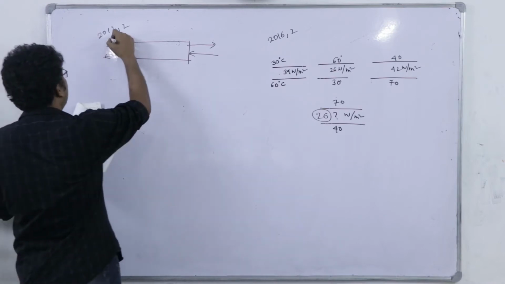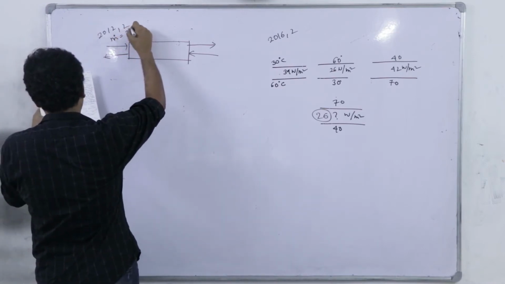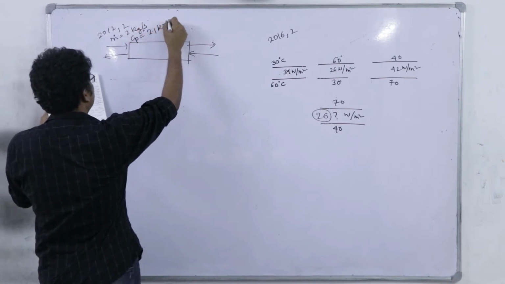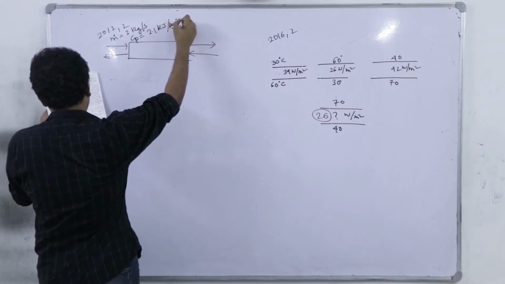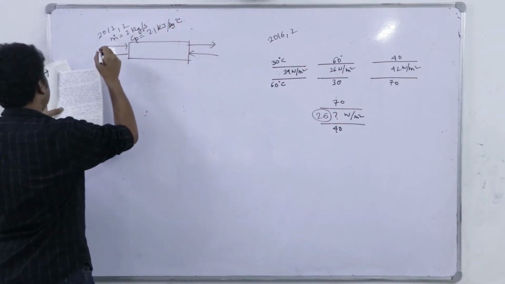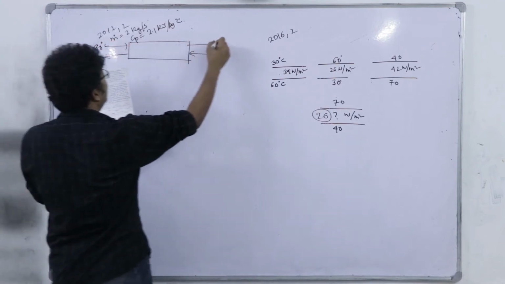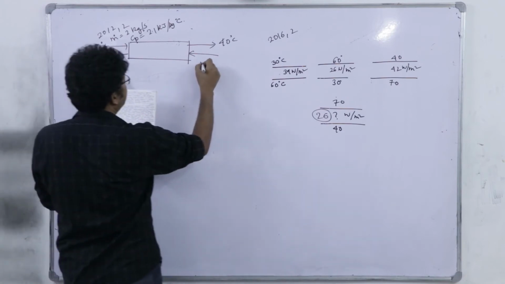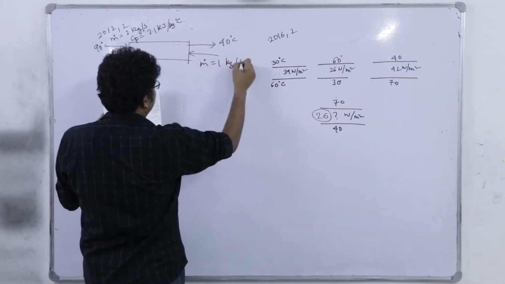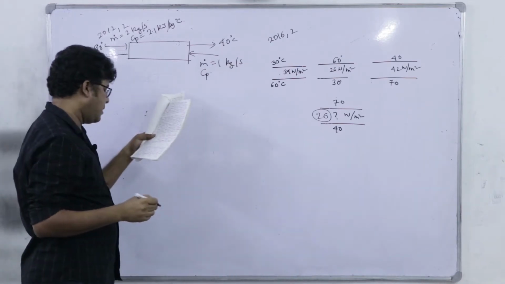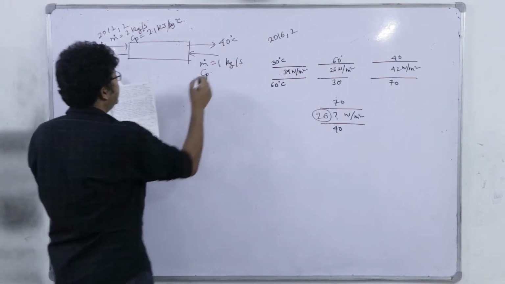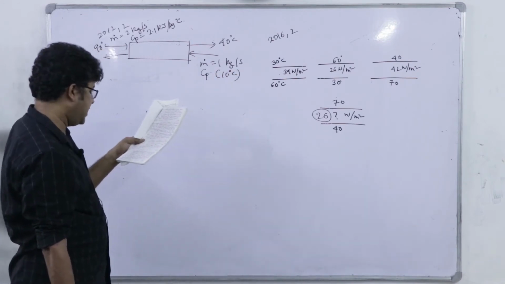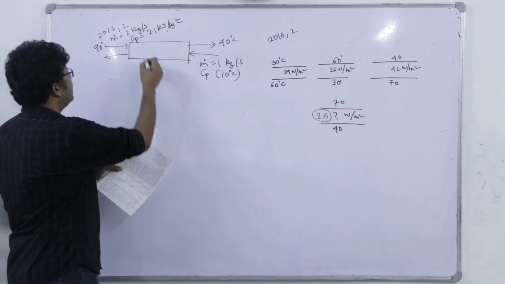Oil, with mass flow rate given as 2 kg per second and Cp 2.1 kilojoule per kg Kelvin, or kg degree Celsius, is cooled from 90 degree Celsius to 40 degree Celsius by water. So here m dot is 1 kg per second, Cp is also given, and the water enters the inner tube at 10 degrees Celsius. The radius of the inner tube is 3 centimeter.